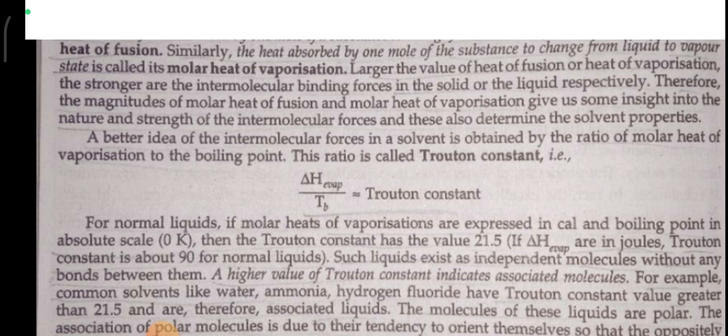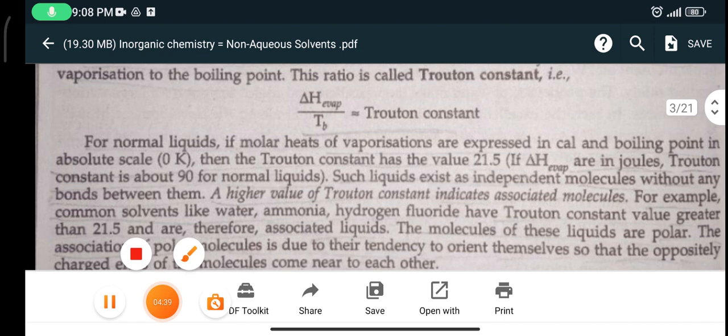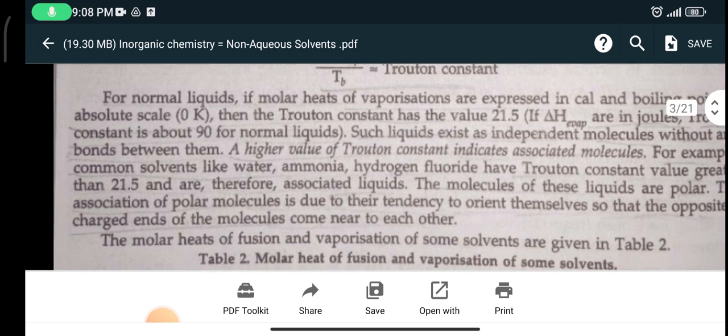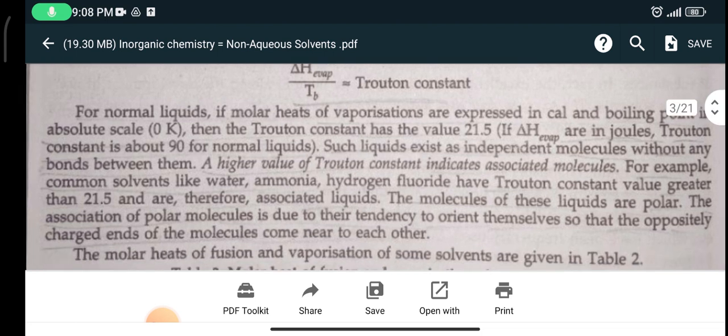A better idea of intermolecular forces in a solvent is obtained by the ratio of molar heat of vaporization to the boiling point. This ratio is called Trouton's constant. The constant can be found by dividing the enthalpy of evaporation by the boiling point. It can be denoted as delta H evaporation upon T_B. For normal liquids,